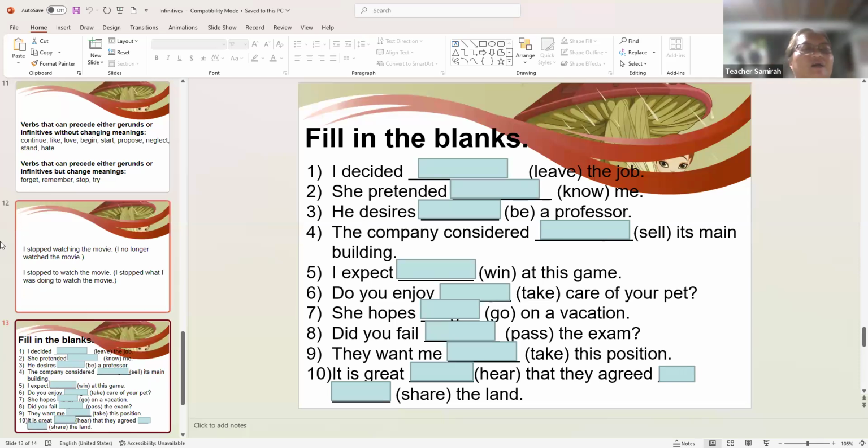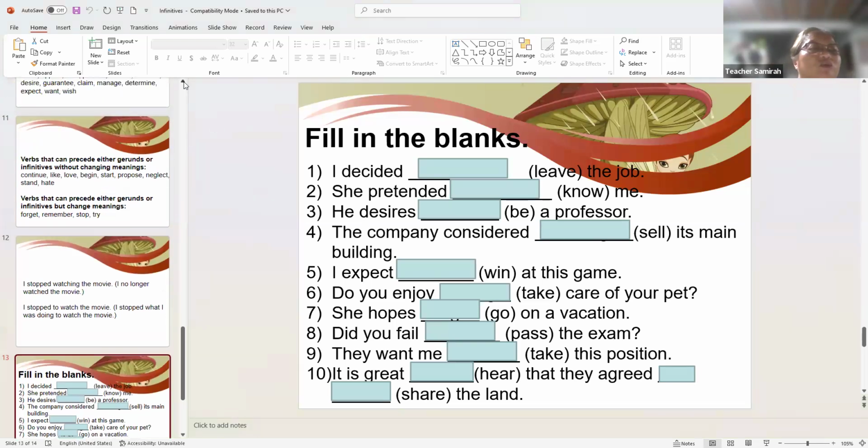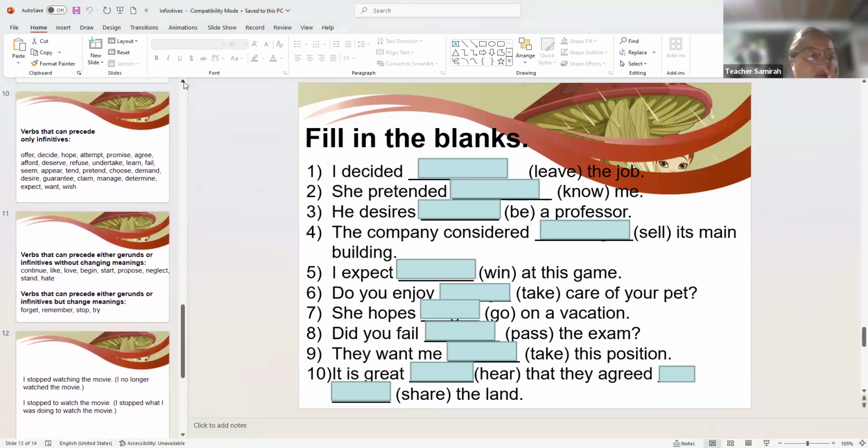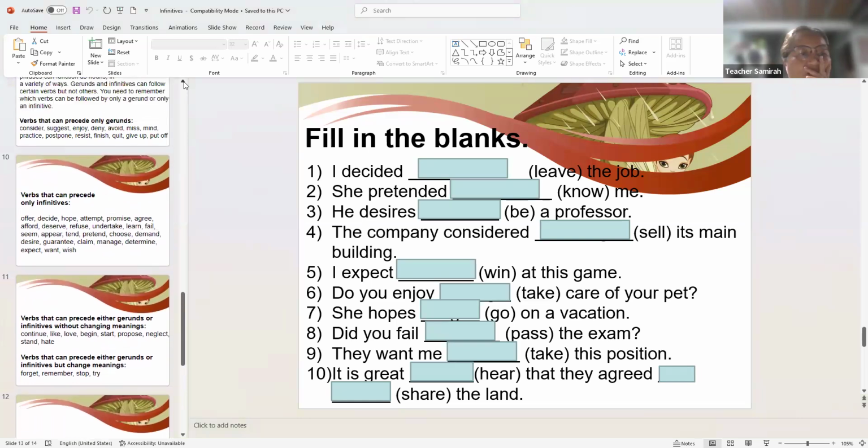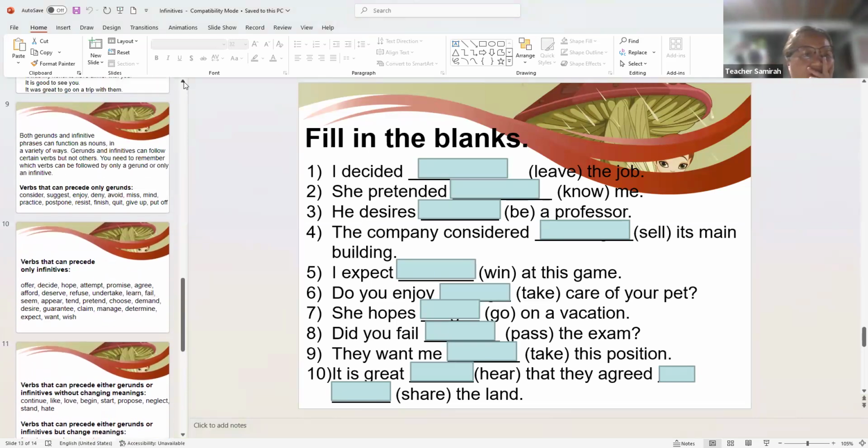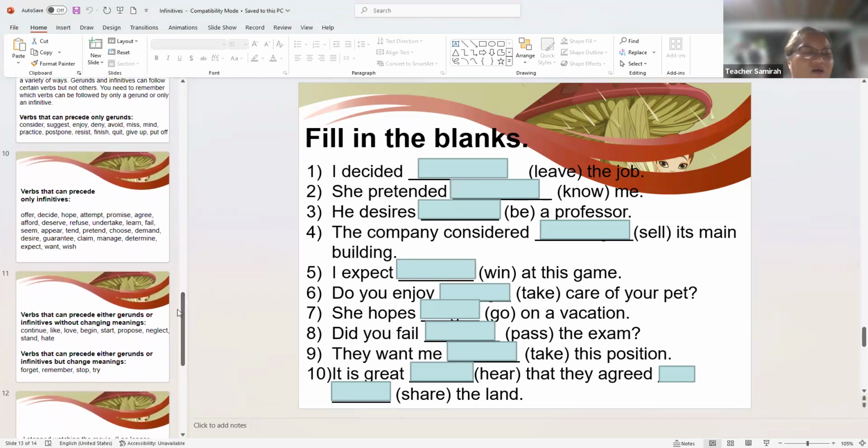Remember earlier there are words that you need to consider, right? What are those with which we can identify whether we can use a gerund or an infinitive? So take note about that one so that you will be able to get a correct answer. So decided is a word with which it can only precede what? So what are we going to do? Are we going to use gerund or are we going to use infinitives?